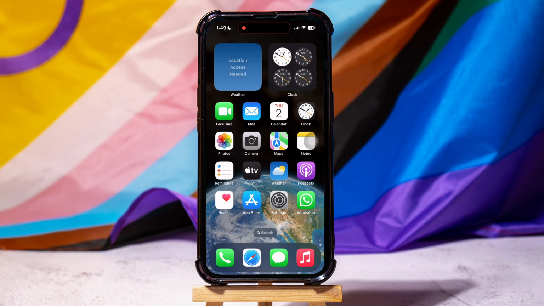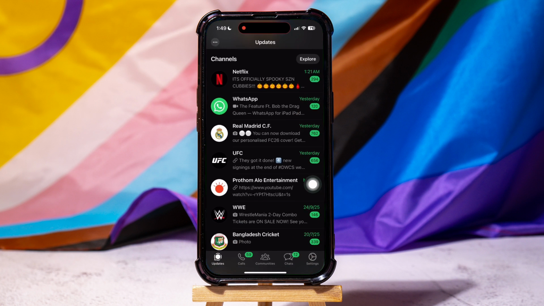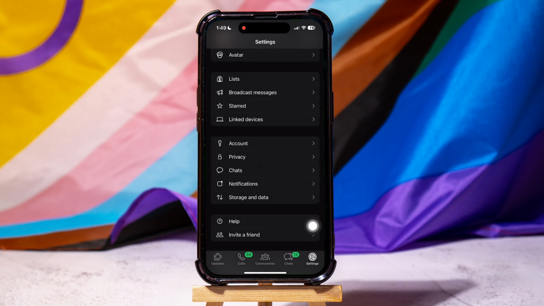How to change iPhone WhatsApp notification sound. To get started, first of all go ahead and open up the WhatsApp application on your phone. Once you are in the app, go to the bottom panel and tap on the Settings tab located at the